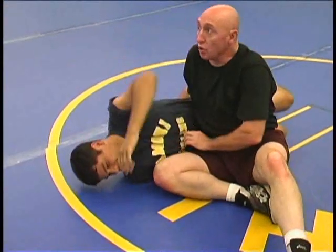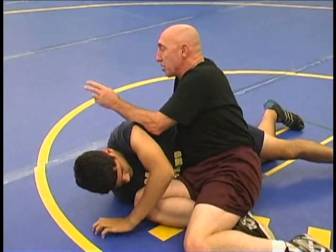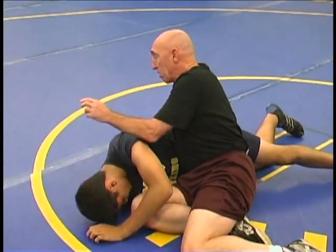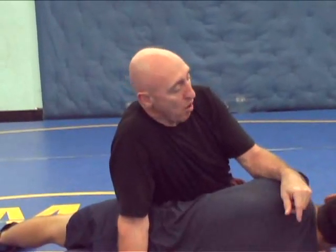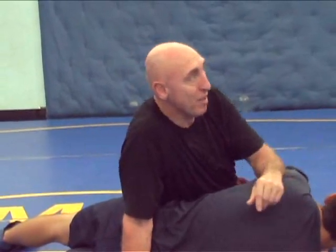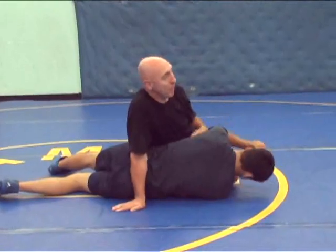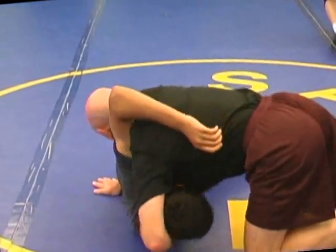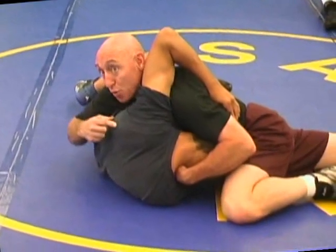Now, you get a guy who's tough. I saw Barry Davis, he's coach of Wisconsin, 3-time NCAA champ for Iowa. Tough son of a bitch, 118 pounds. His freshman year, while he wasn't a 4-time NCAA champ, he got caught in this in the semis. And a kid named John Harnapy from Central Michigan had him on a half Nelson on this, and he wouldn't put him on his back. He caught him right here, here, here, and did this. He just laid here. And his will to win here goes,